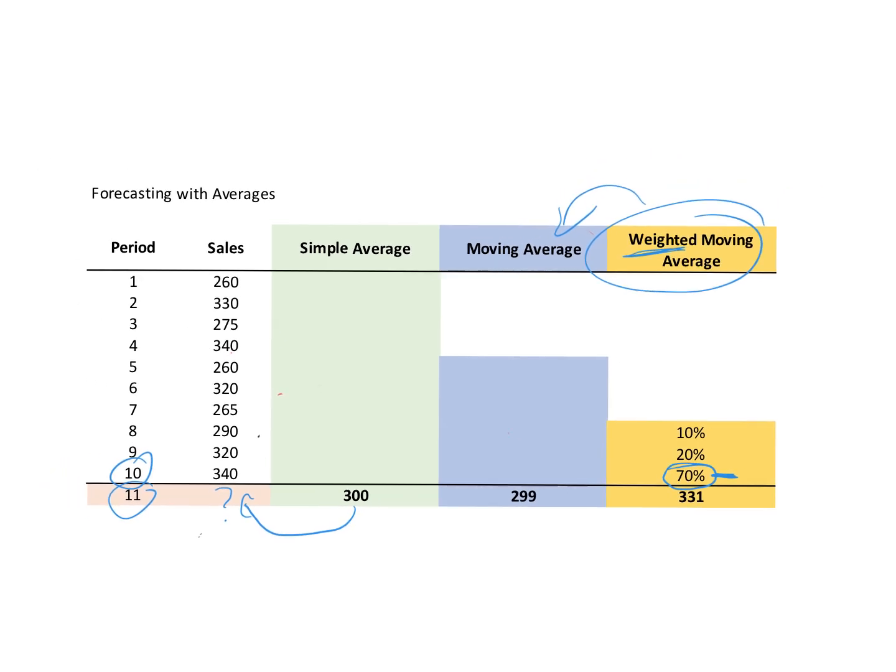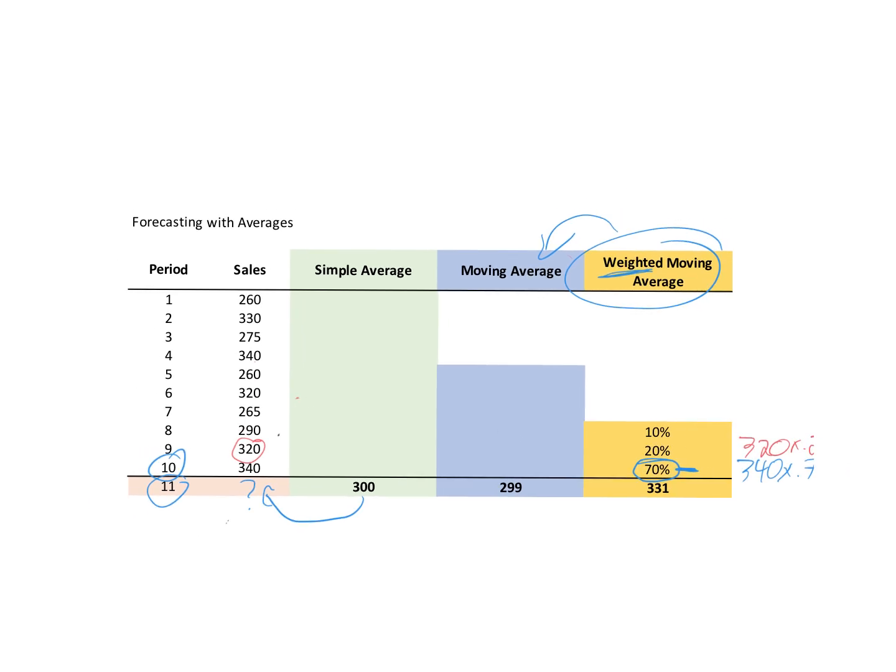All that we would do is take period 10's sales at 340 and multiply those by 0.7, okay? That would give us a value. Then we're going to do the same thing for period 9. We're going to take that 320 and multiply it by 0.2 instead, because this is 20%. Sorry, I walked off the screen there a little bit. And then the last one, hopefully we can see this green color,